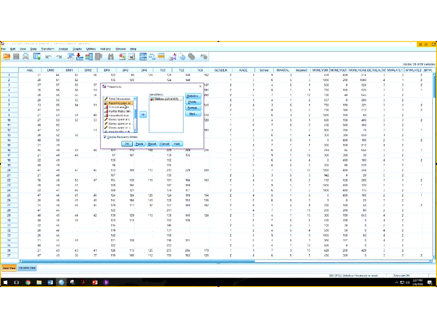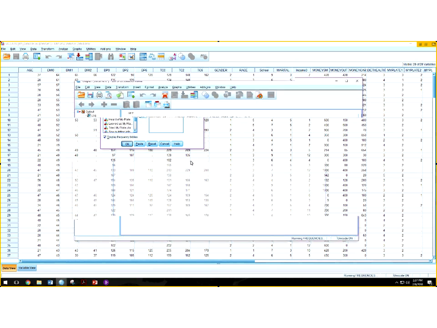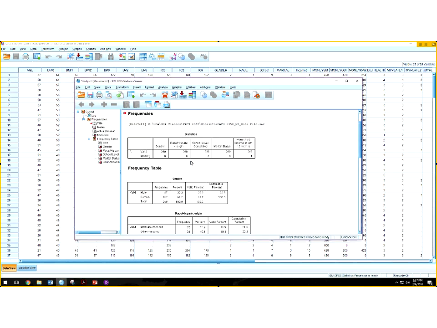But what I do want is how many people do I have that are male or female? How many people are Hispanic or not? What school level have they completed? Are these people married? What's their income? So these are all categoricals. And so I want those frequency tables so that when I write up my descriptive information in my results section, I can say